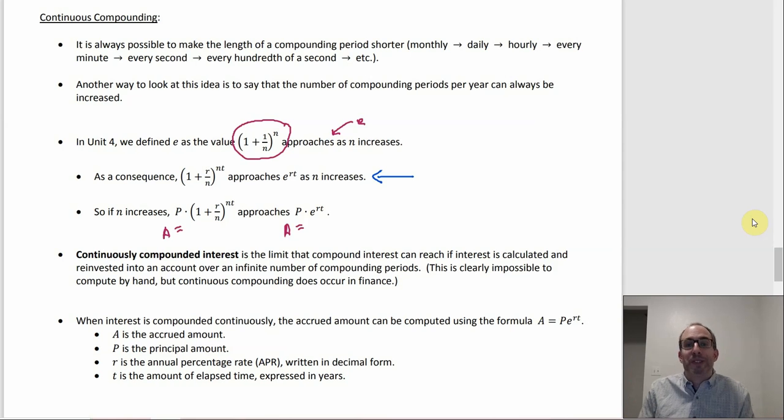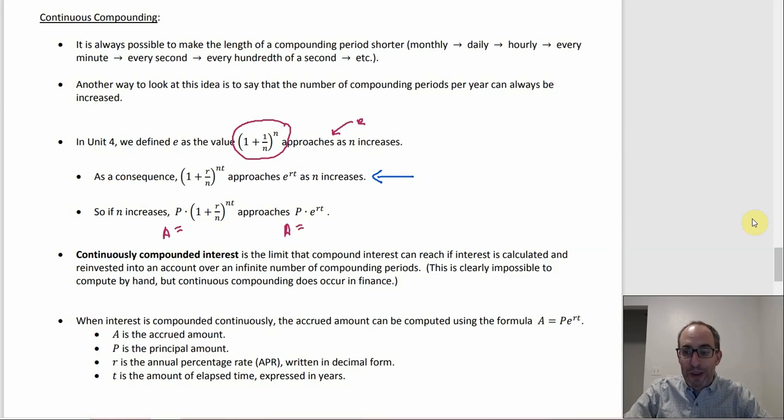And this is growth, right? Like the amount of money gets bigger. So it might actually fit in there. That's actually more likely now that I'm thinking about it. It's probably toward the beginning of Calc 2, where you would go through the justification of how that limit works itself out. But continuously compounded interest is the idea of, well, what if we took this to its